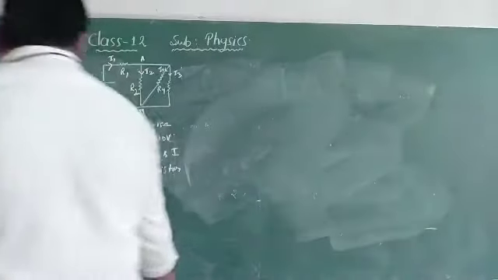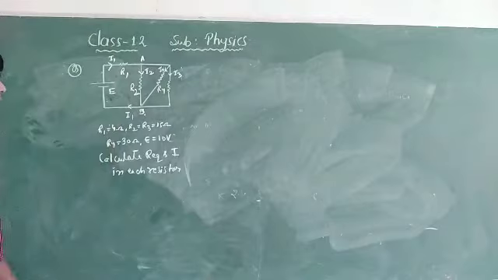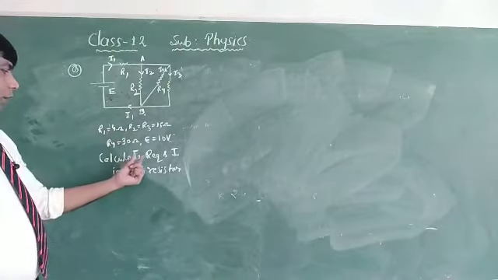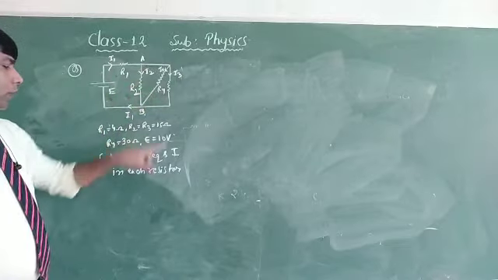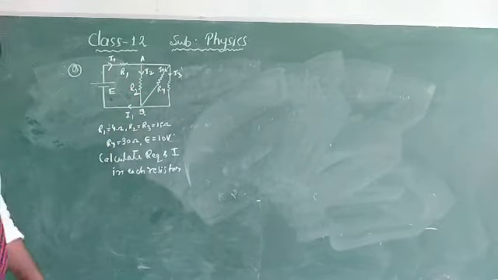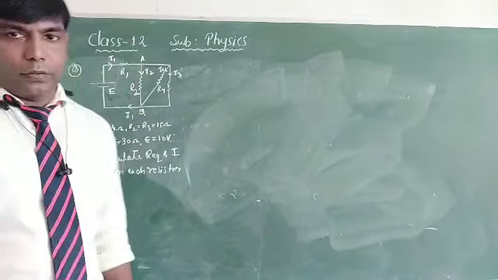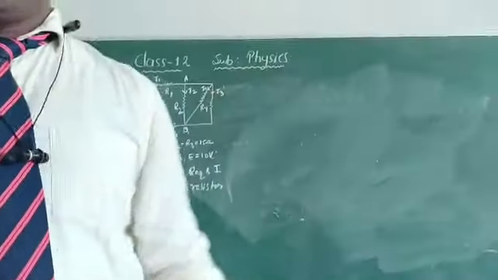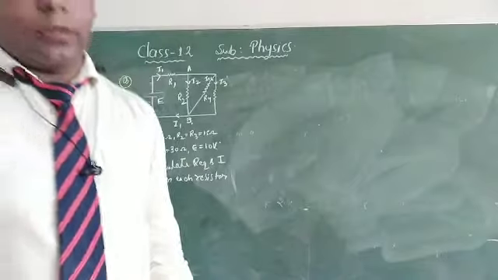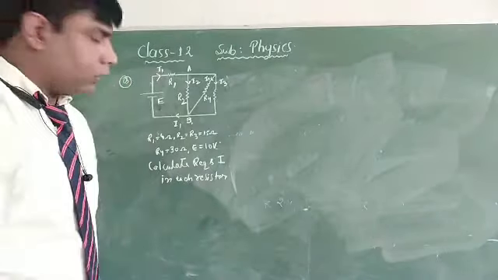Yes. The next question is, they have given the circuit, they have given the values, and they ask to calculate the R equivalent and also the current in each. To find out the current, we have to first get the voltage and then the resistance value. We just divide voltage by resistance and we get the current. Right? See,